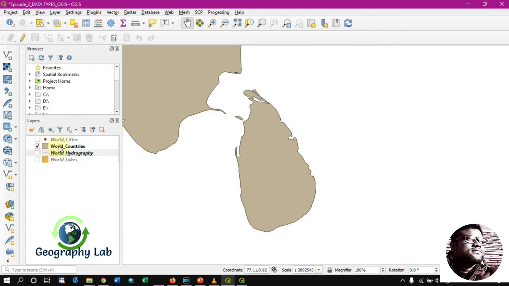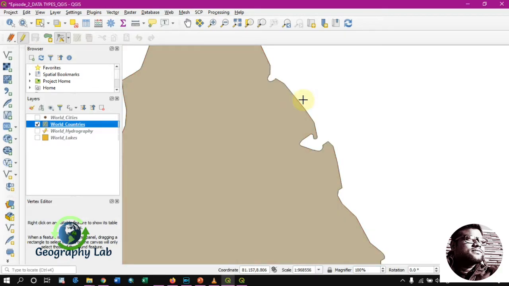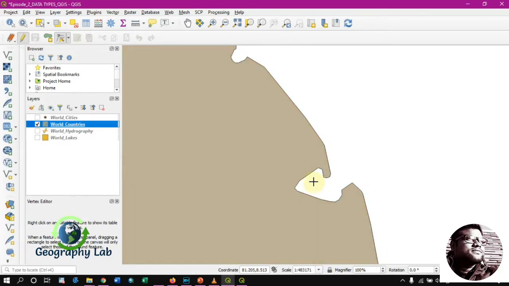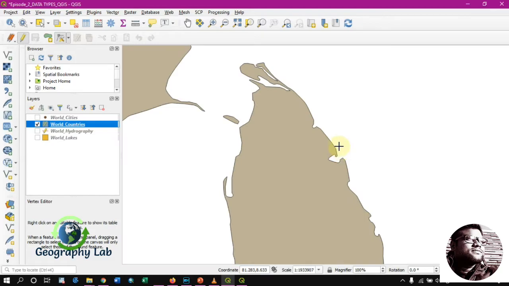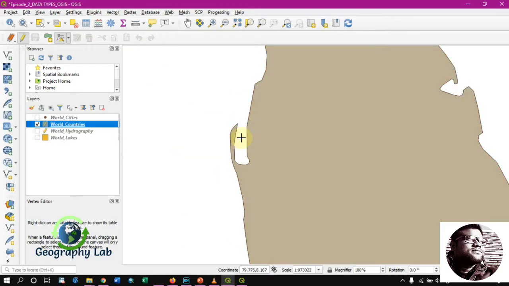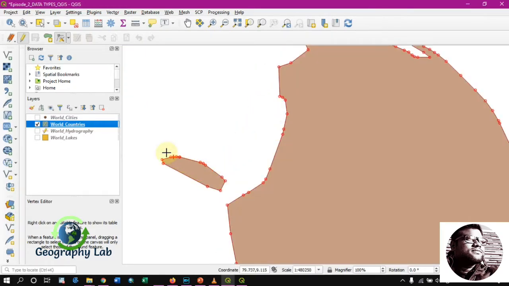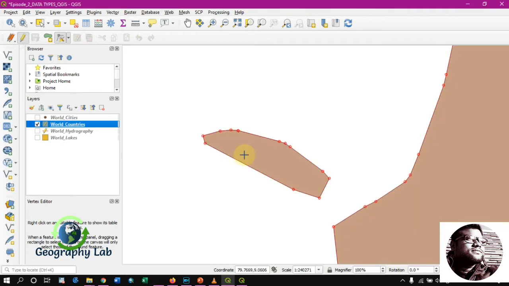Again, to see the vertices or the connectedness between the points, you can go to toggle editing and click this one. Then you will see how these points are connected with each other and closely connected. This way we can build the polygon section.